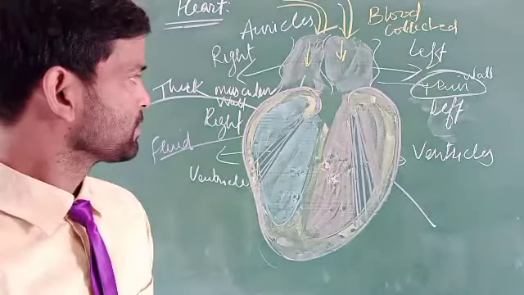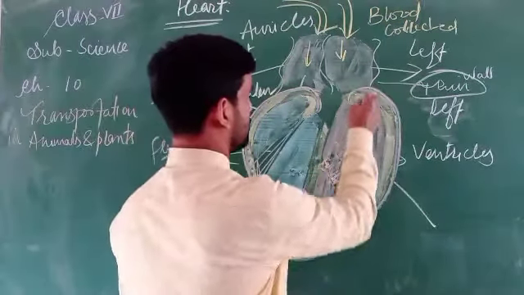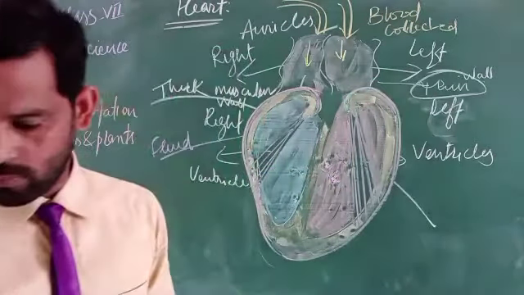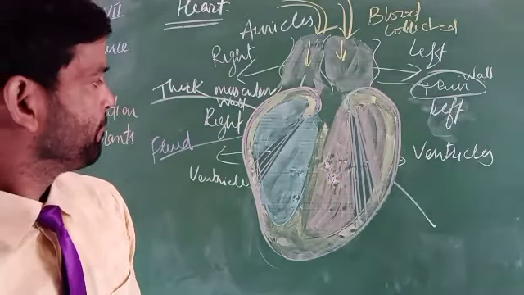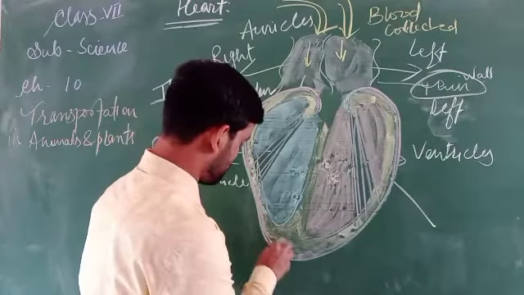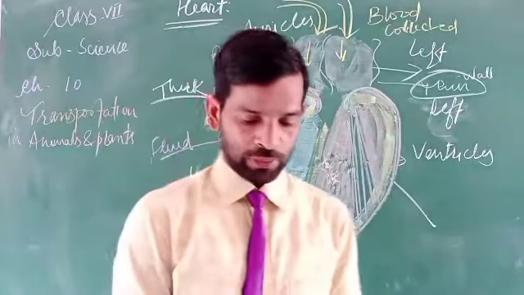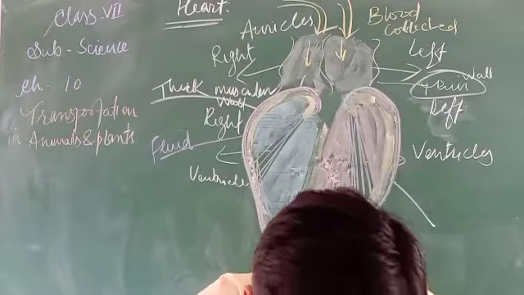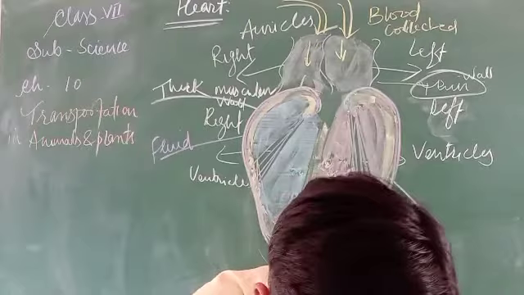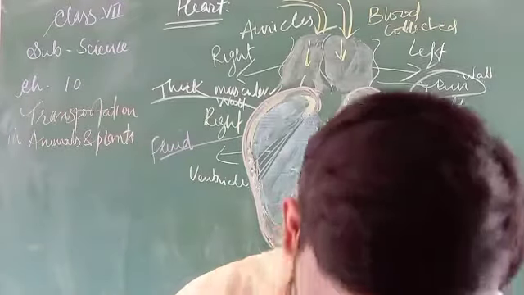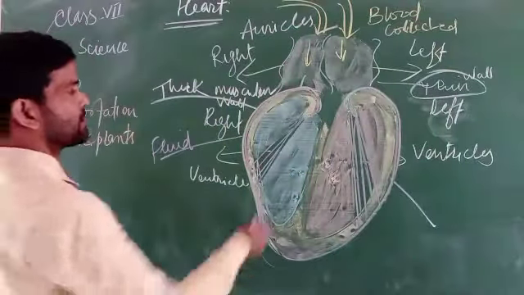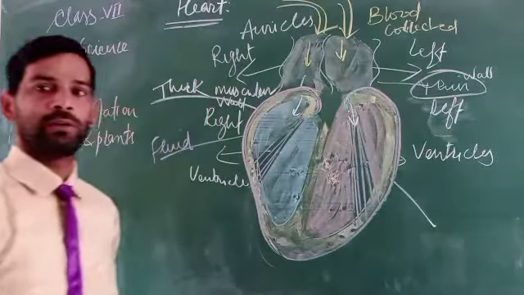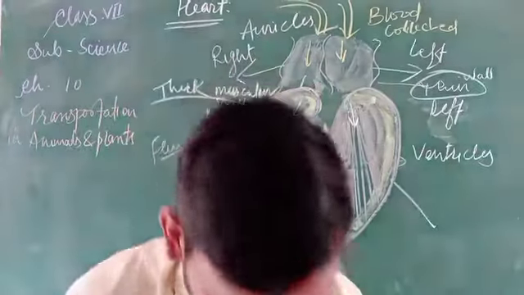So here is, you can see, now the heart collects the blood from both the auricle and then distributes it through the ventricle, and again this blood comes to the ventricle and is supplied to the different body organs.